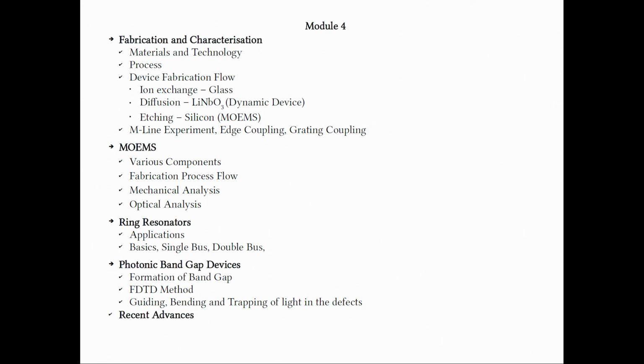So photonic bandgap structures can be used for many applications like guiding. You can make waveguides by making line defects. You can make resonators by creating point defects. We can create line defects in the form of bends, in the form of tapers, and so on and so forth. Using the resonators we can also apply them to many other cases. So finally we also mentioned several other important emerging trends,